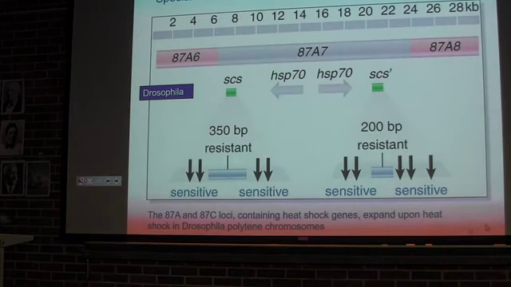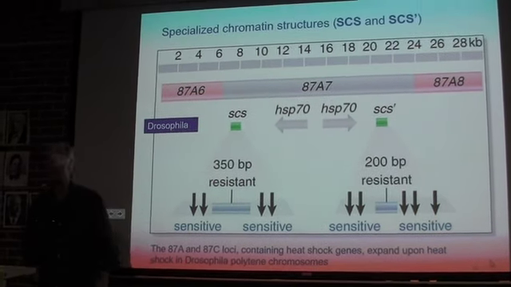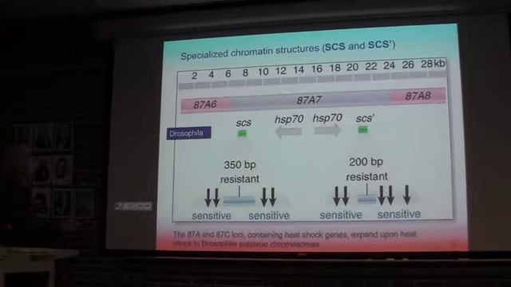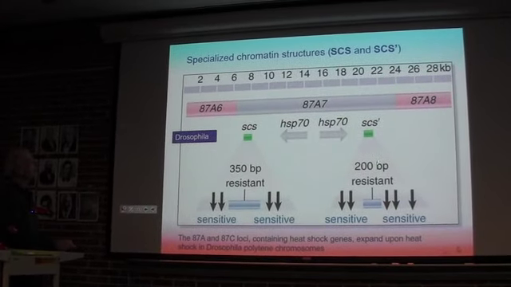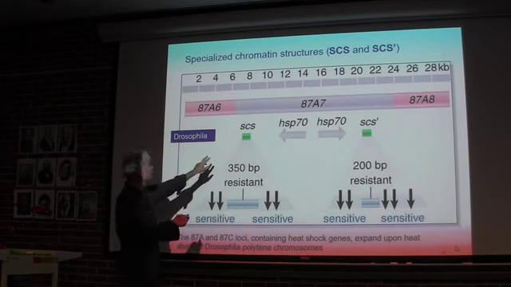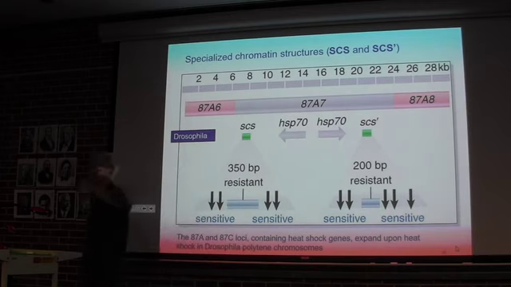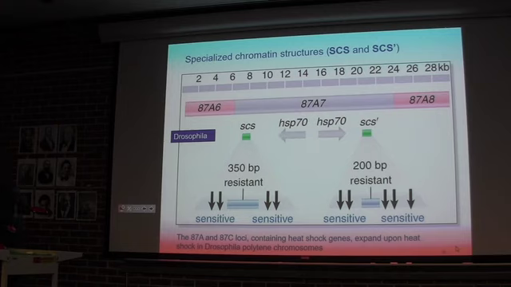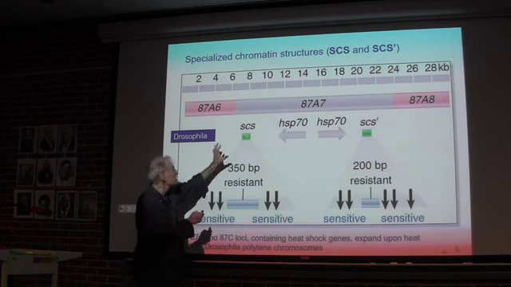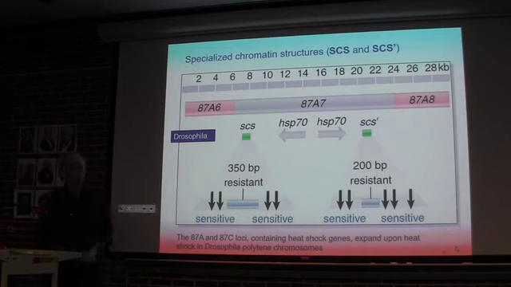And here they are. And this is something you need to recognize on exam. These little SCS and SCS prime, these are chromatin structures, but there's an actual sequence in the DNA, 350, 200 base pairs. So this is not an epigenetically determined site for where you put an insulator. This is actually encoded in the DNA, and there must be a DNA recognition protein. The insulator itself must recognize where to bind. This is in Drosophila, and you see it flanks that